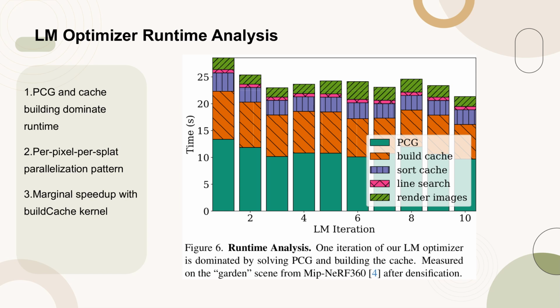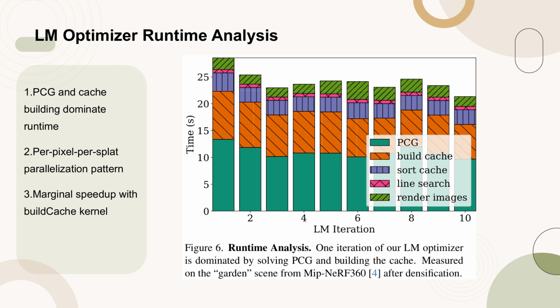The analysis is conducted on the garden scene from MIP-NeRF 360 after densification, providing a real-world context for the performance metrics. The use of a per-pixel per-splat parallelization pattern in the PCG execution is noted, which involves running the ApplyJ and ApplyJT kernels up to 8 times. In contrast, the build cache kernel, which is executed once and parallelized per pixel, offers only a marginal speedup. This observation underscores the efficiency gains achieved through the proposed caching structure. The figure also references a detailed profiling analysis of the kernels provided in the supplementary material, offering a deeper dive